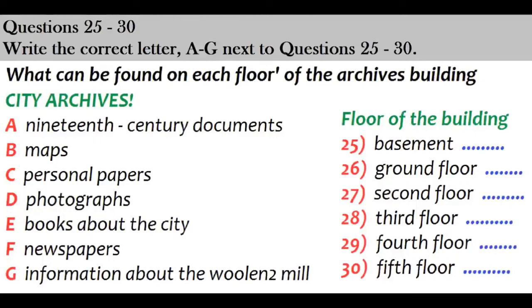Now, if you're interested in seeing documents from the 19th century, those are right here on the ground floor. I would like to see some of those documents. Does that collection include newspapers too? No, all the newspapers from the earliest ones in the 18th century up to the current time are on the second floor. Here, let me just give you this map of the archives, and you'll be able to find whatever it is you need. Thank you. Oh, I see you have a whole room devoted to maps. Yes, on the third floor. That's great,